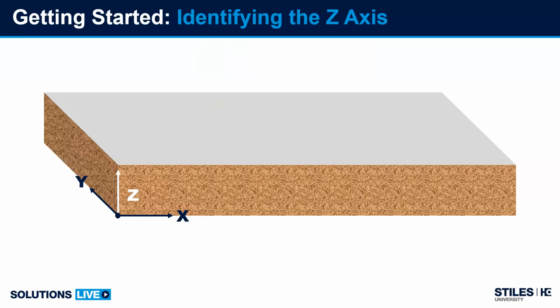One of the restrictions we have within woodWOP 5.0 is that it really is a 2.5 axis program, which means that we can move in a straight line or an arc in the XY plane, but anytime we move in Z, it's going to be a straight line. woodWOP 5 and earlier just really didn't give us the capability of producing an easy arc in Z. You can always design